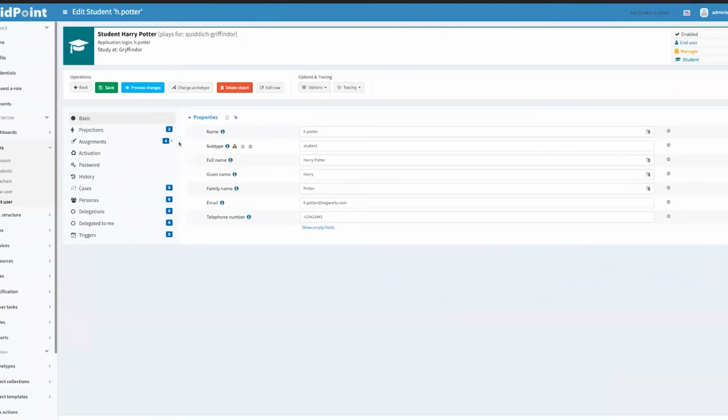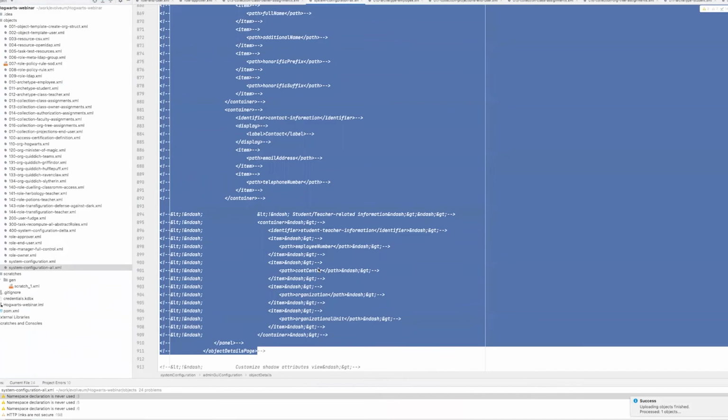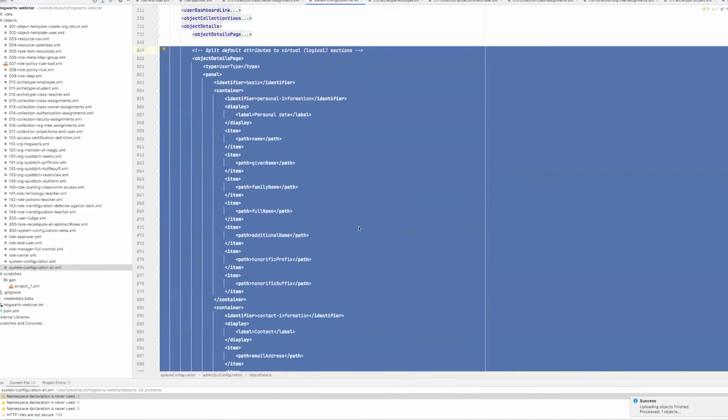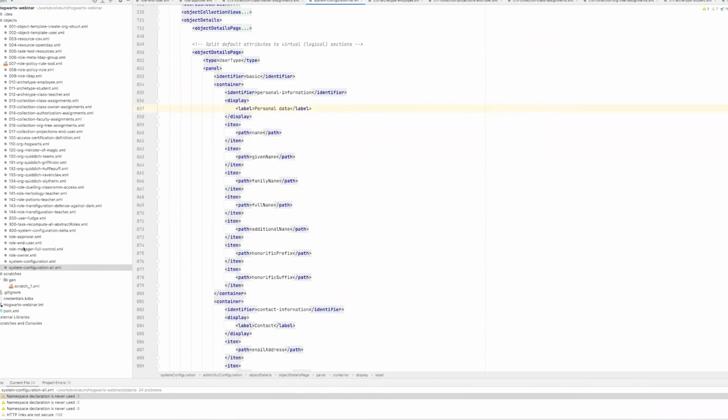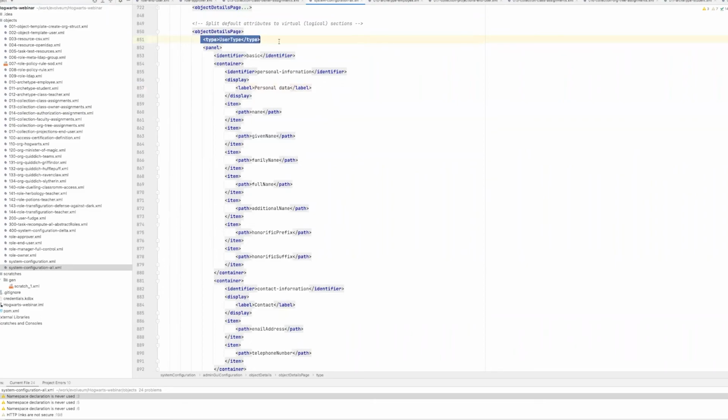So these are now the details of the student Harry Potter, and we saw before that the same is shown for the teacher Albus Dumbledore. So let's make the modification. They will be at the global level. With this modification in the system configuration object, we tell that we want the customization for the details page of the user. And here we say that at the basic panel, we want to add two virtual sections,